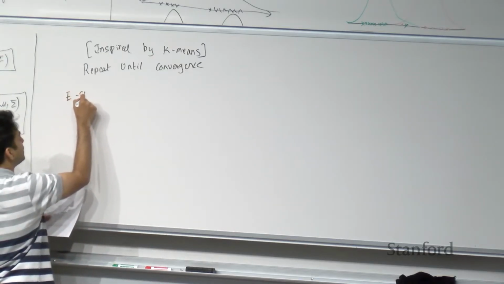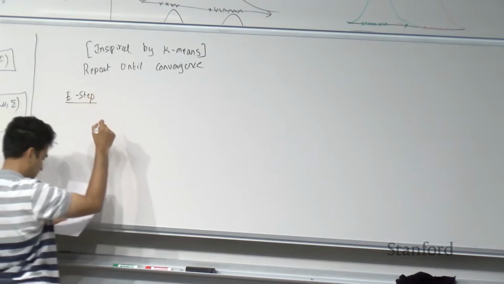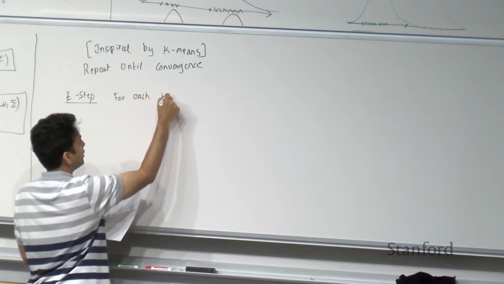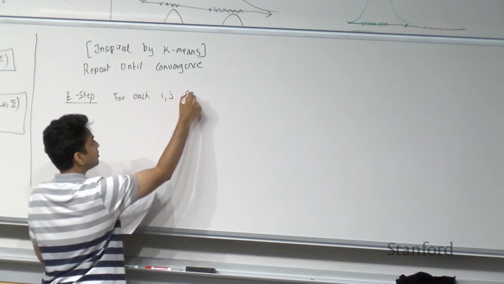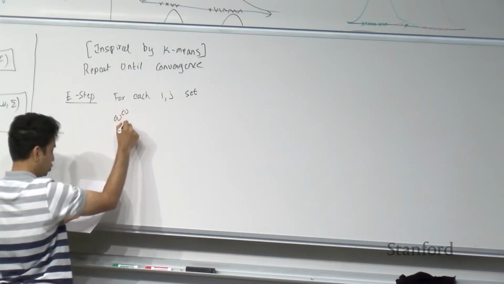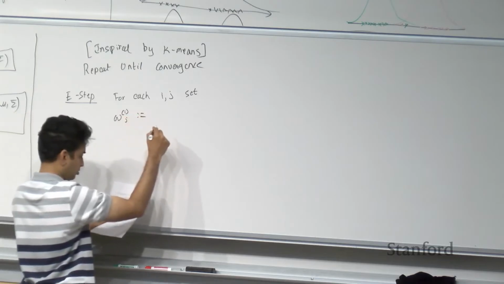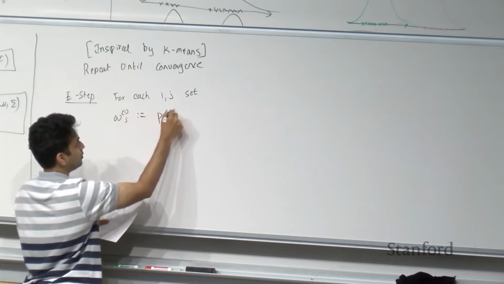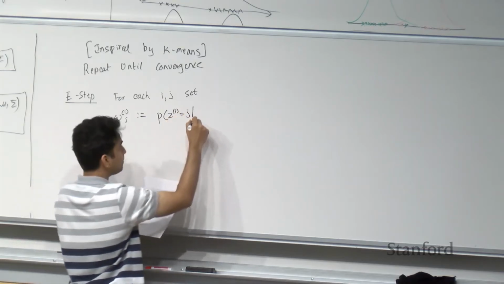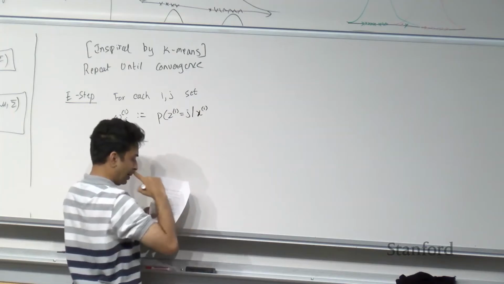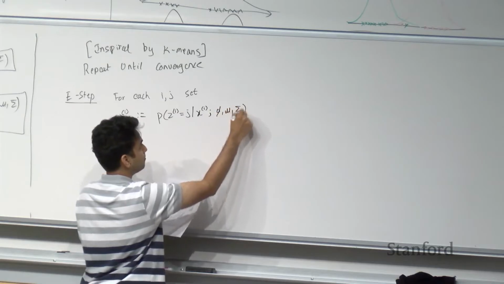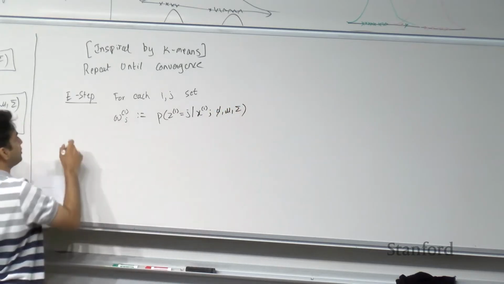We'll call it the E step. For each i comma j, set W i j to be equal to P of zi equals j given xi, parameters phi, mu, sigma. And the M step,